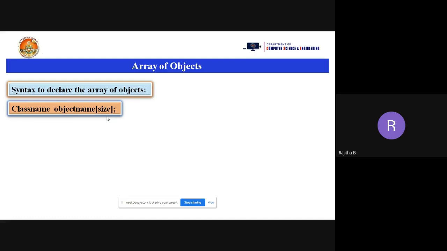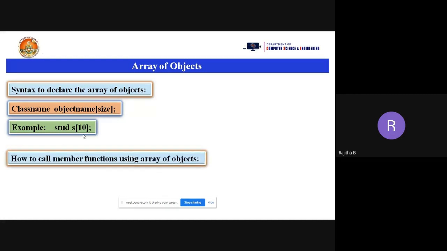Now suppose you take this example: the class name is stud, and I'm taking the object name as S, and the array size of this object is here 10. Okay, it means I can take 10 data members, read the 10 data members' details, and print the 10 data members' details also using this syntax.